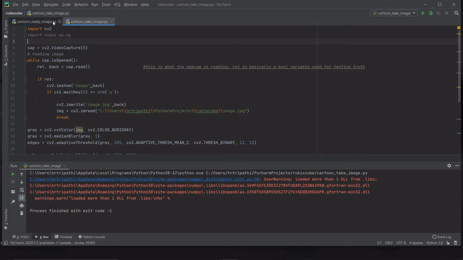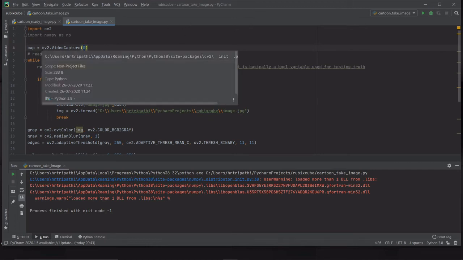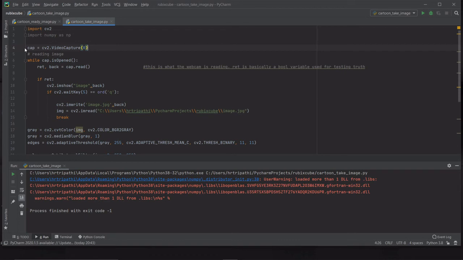So for this code, I import cv2, import numpy, which really has no use in this particular script, but I just have a habit of importing that as well. Next up, I'm going to be using cv2.VideoCapture. The 0 as a parameter corresponds to the webcam of my laptop, and I assign that to the variable cap. Next up, I'm going to be reading my image. So while cap.isOpened, until your webcam is open, you use cap.read.